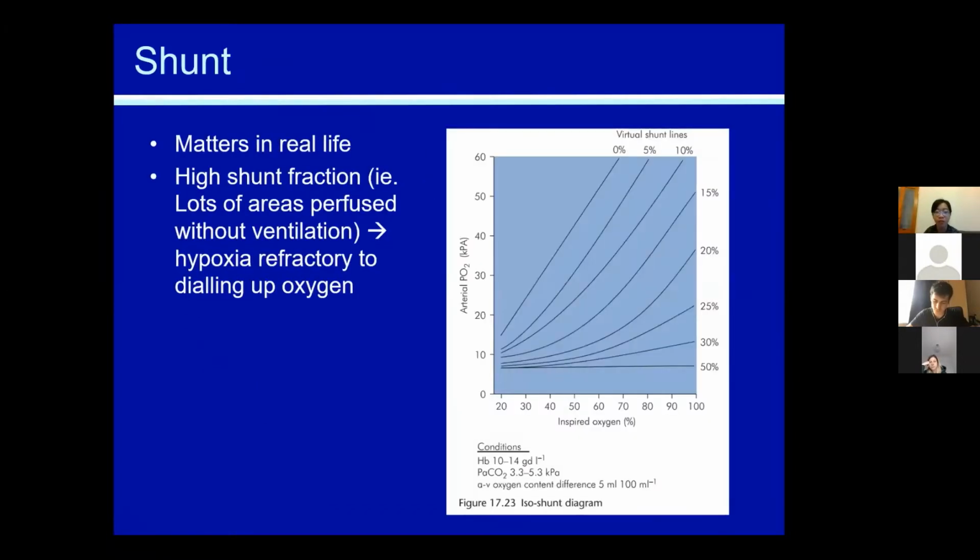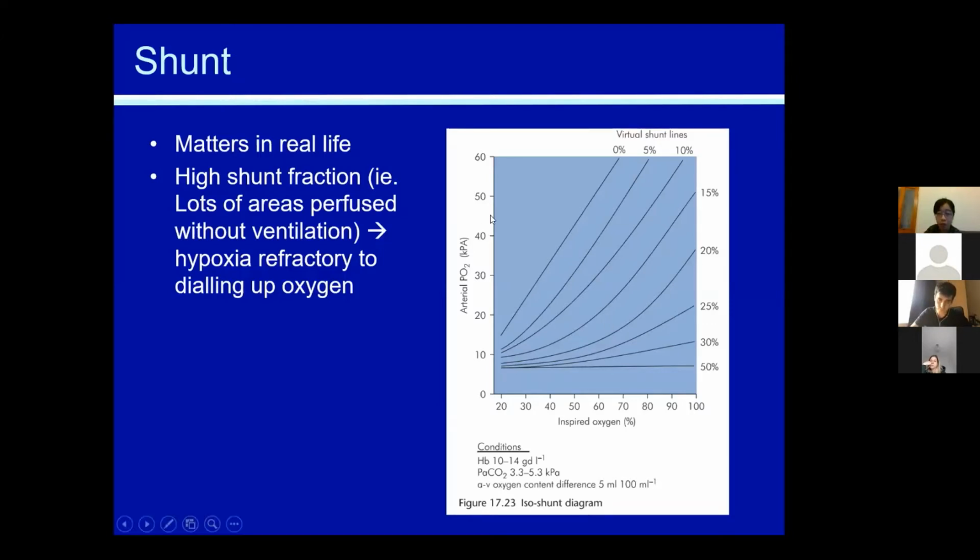Why does shunt matter in real life? Shunt matters in real life because it explains why, when you have a hypoxic patient, you can keep increasing your oxygen levels on your ventilator and it won't make a difference; your patient will remain hypoxic. Because if they have a high shunt fraction, i.e. 20% of the blood that goes to their lungs just never comes into contact with alveoli,